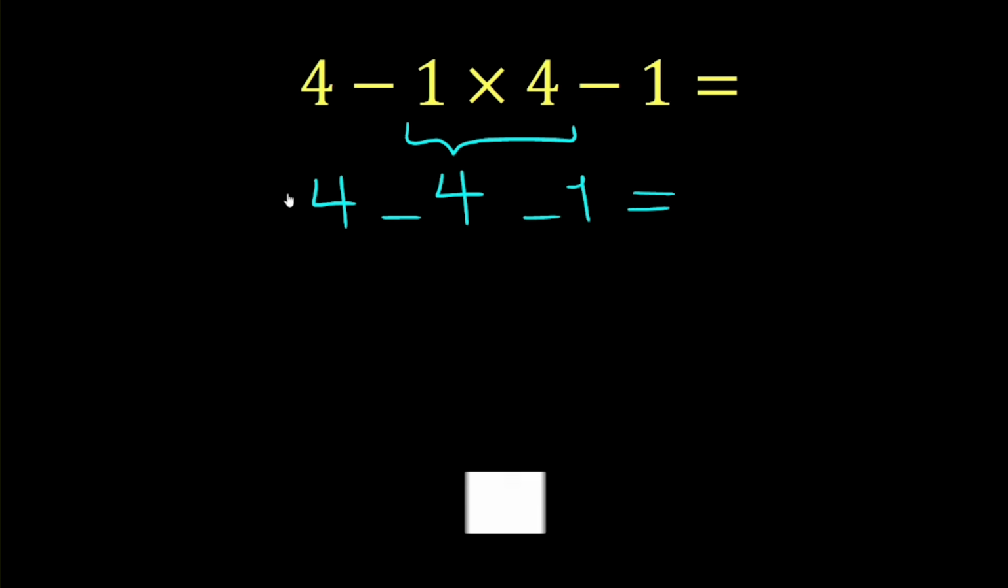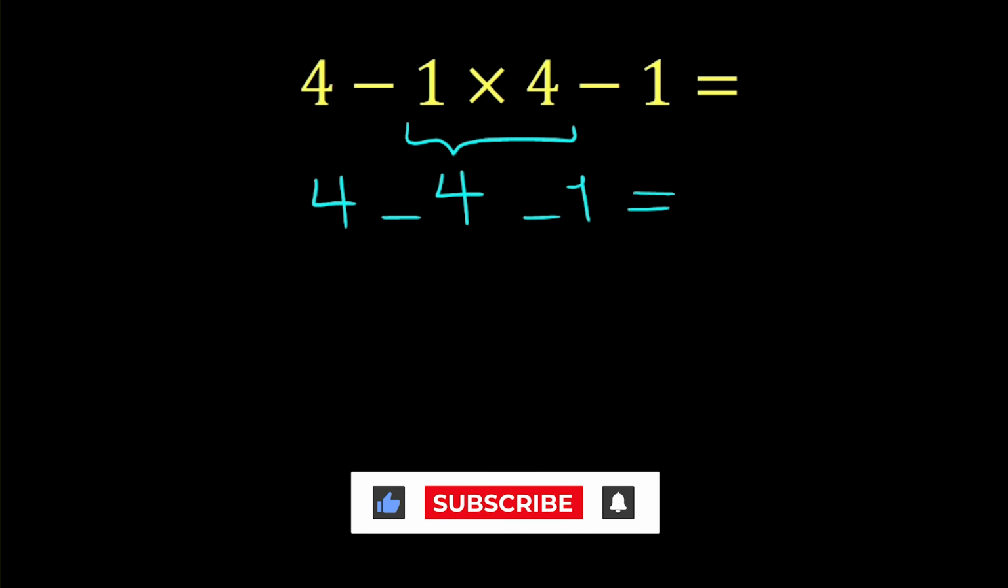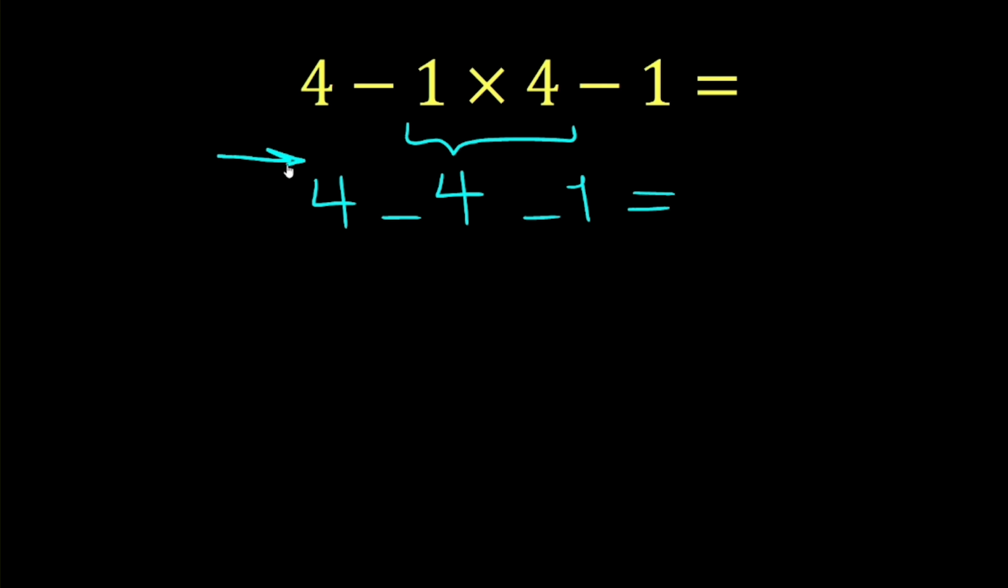Now, in this expression, there are 2 subtractions, and because subtractions have equal priority, we move from left to right and perform the subtraction in order. 4 minus 4 gives us 0, and our expression becomes 0 minus 1, which gives us negative 1. Negative 1 is our